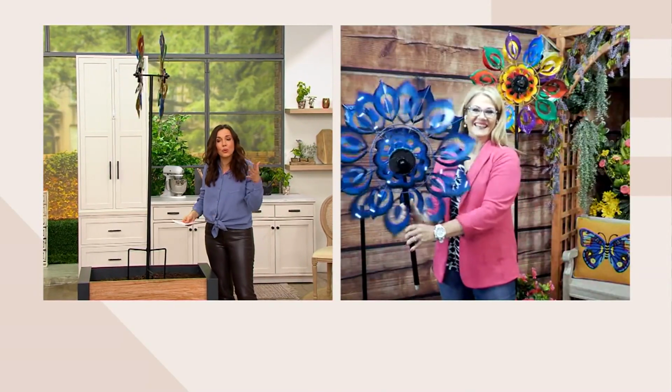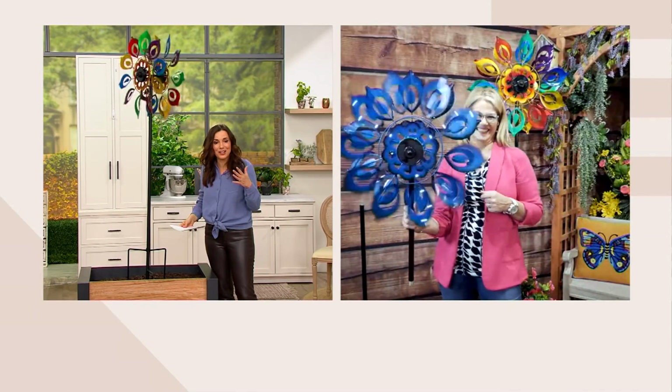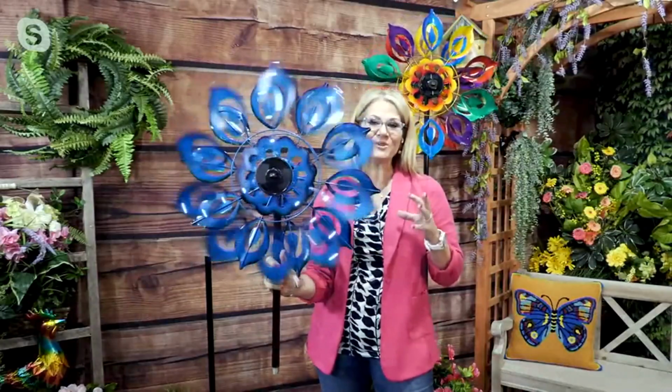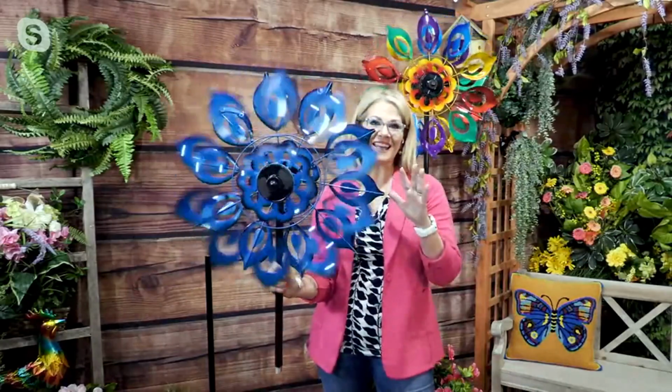But Ginger, you and I present a lot of wind spinners. They're always so wildly popular. I've never seen one with the solar before. I know. You know what? It's the best of the best by Plow Hearth. So cool. And they really want to give you something that is absolutely stunning in your yard, and